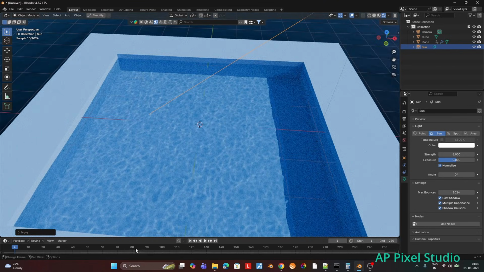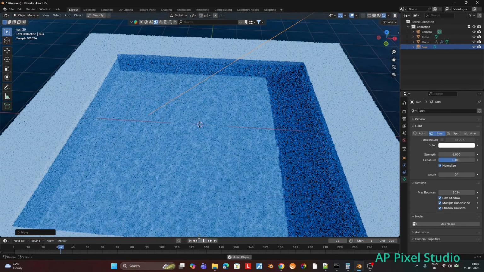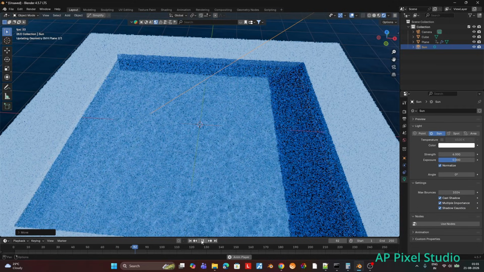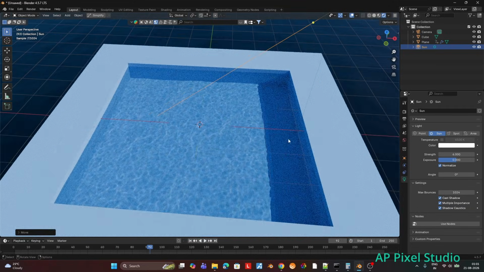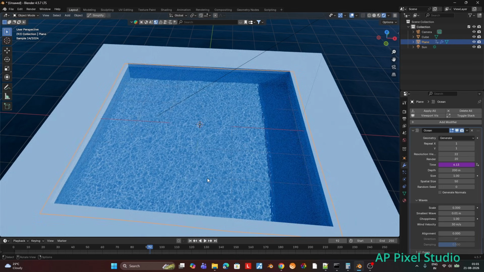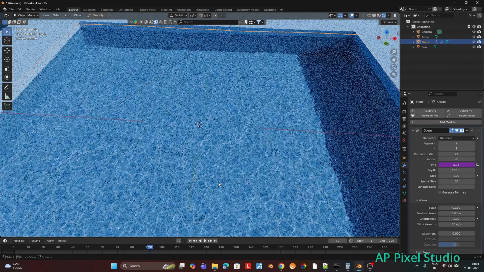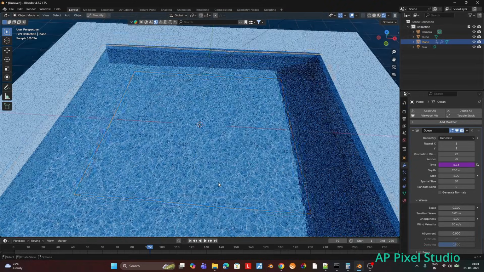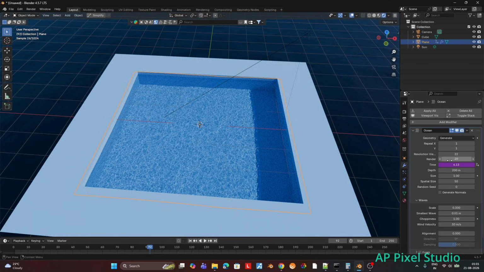If we play, you can see the caustic effect is a little bit blurred because we are in rendered view, but you can easily see the difference of how the angle creates this caustic effect. And if we go to the modifiers and increase the viewport resolution, you can see better caustics, a little smaller in size, but more caustics are coming.